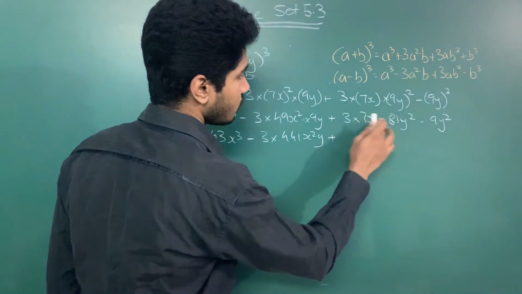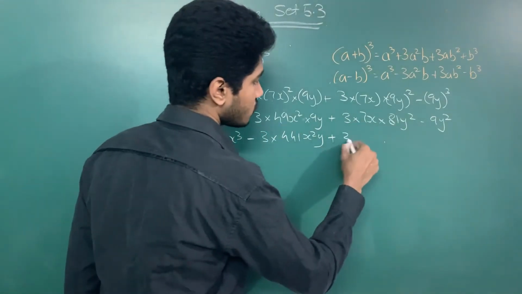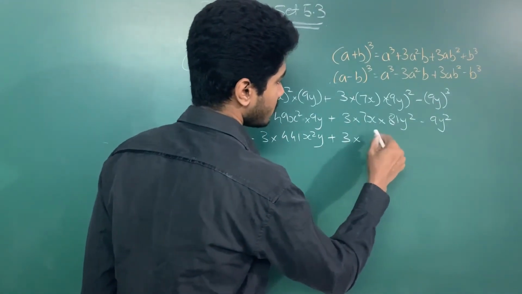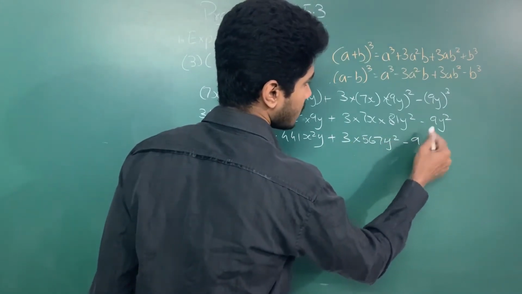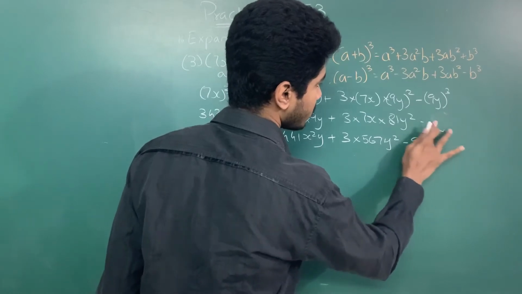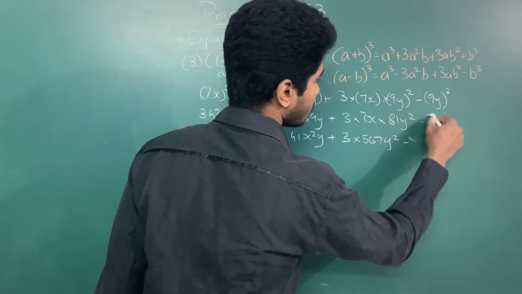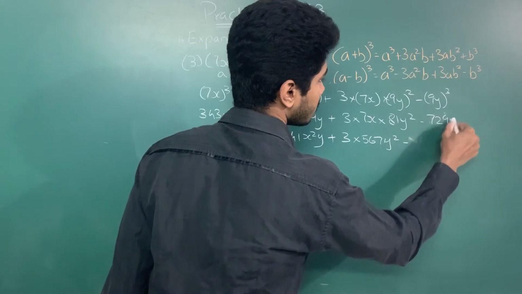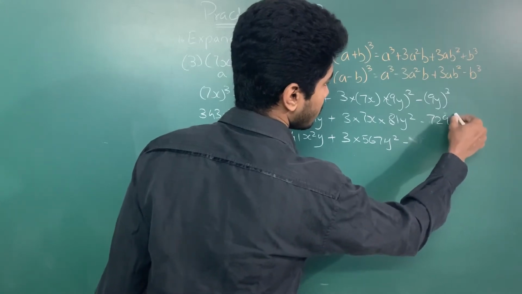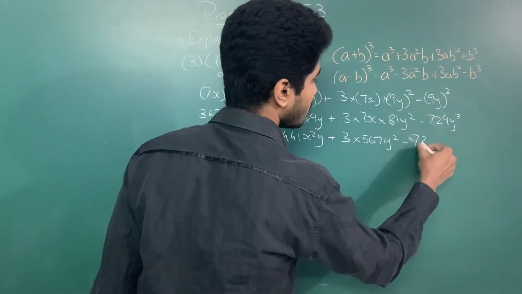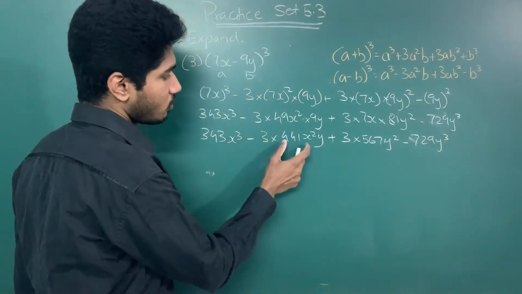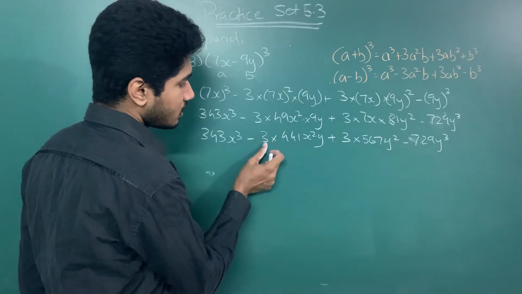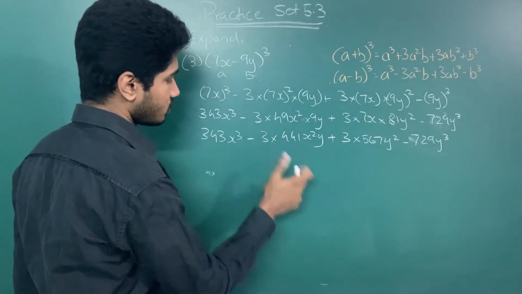Over here also you multiply 7 into 81. So 3 into this will be 567 y square, minus 9 ka, sorry, this will be y cube over here. So 9 ka cube will be 729. Yes, 729 y cube. Now you multiply 3. देखो अभी ये जो बड़ा नंबर है 441, 3 से मल्टीप्लाई करना बहुत ही सिंपल हो जाता है. So this will be